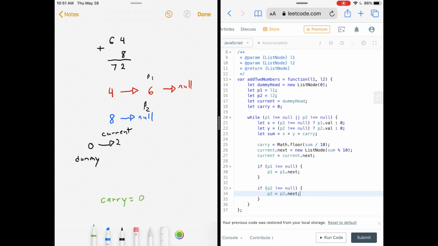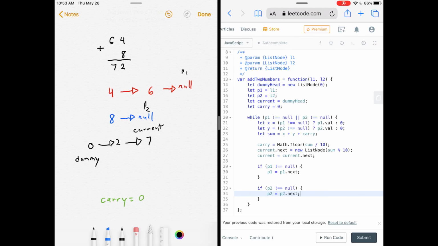And now we can add a new node to our result linked list. Its value will be 7. That would look like this. And then we just reassign current to the new node. So current equals current.next. Now we can reassign our other 2 pointers. So p1 will be reassigned to null, and p2 won't move because it's already on null. Okay, so our next while loop starts, but since both of our pointers are on null, we actually break out